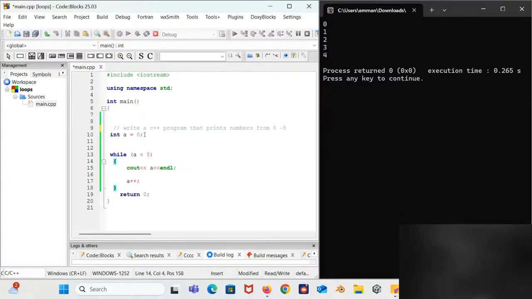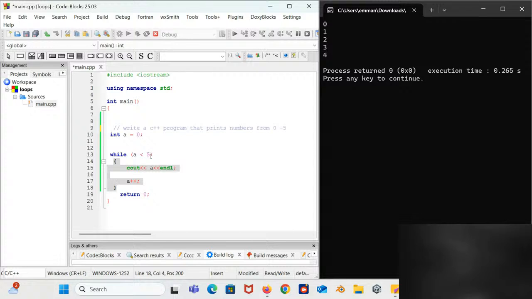So here we are dealing with the while loop first. Now in C++, the while loop is going to loop through a block of code as long as the condition here turns out to be true. So if this condition here is true, this thing will get executed. The moment it turns out to be false, it stops executing.